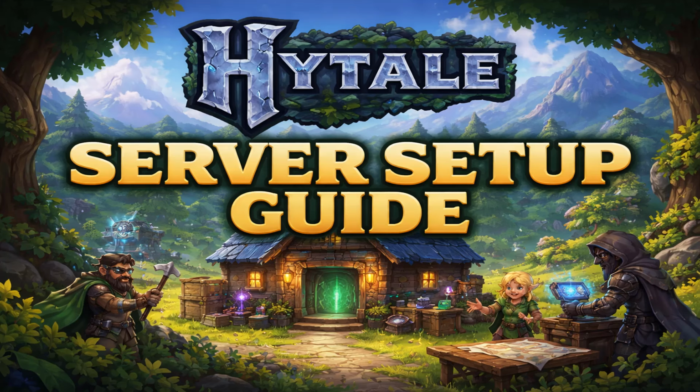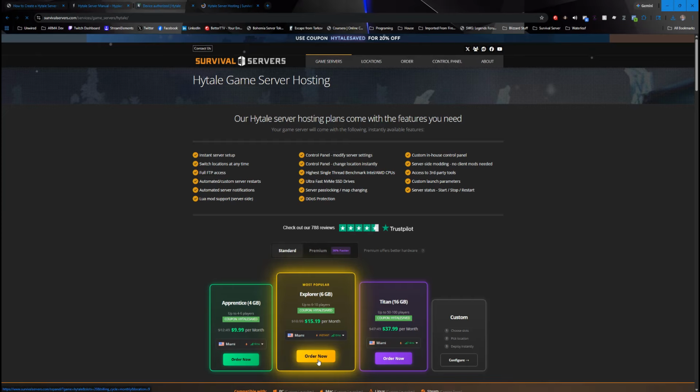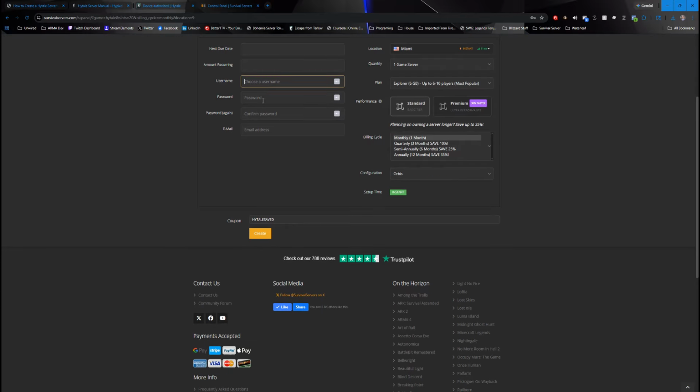Today I'm going to teach you how you can set up your own Hytale server. The first option is you can rent one at survivalservers.com by going to the homepage and navigating to our Hytale